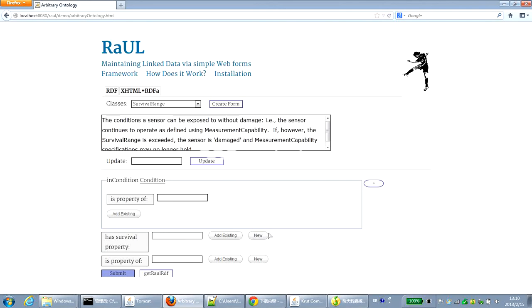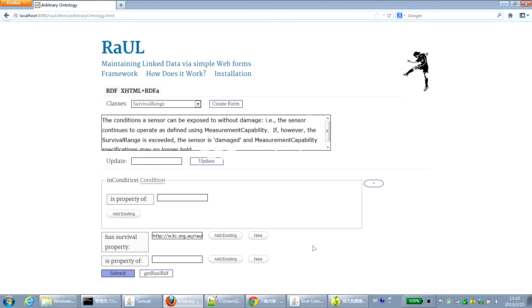When clicking on New, the text box becomes active and the user can either type in a URI or just plain text, which will be prefixed with the URI. So we type in plain text here, or we can click on add